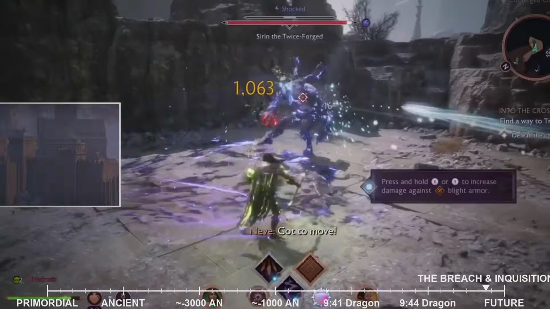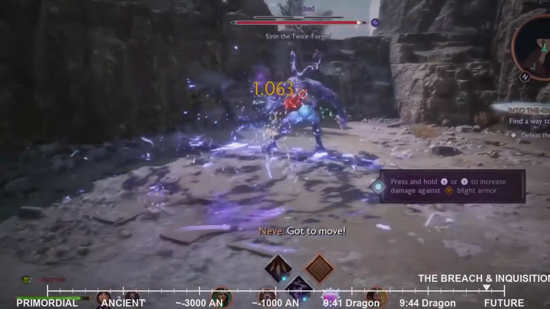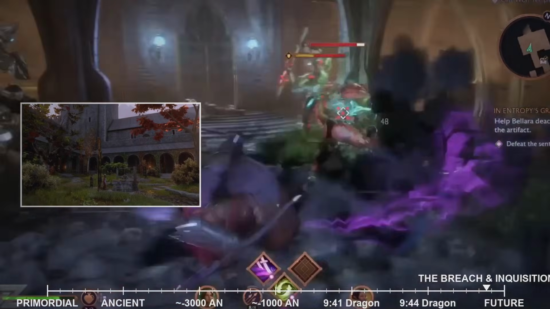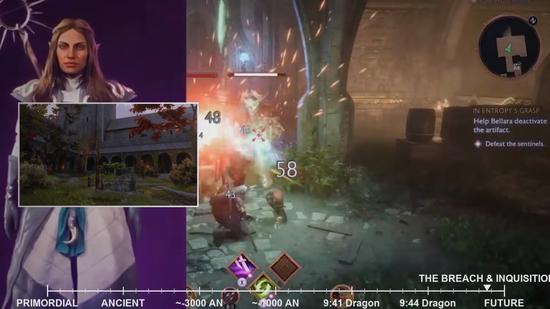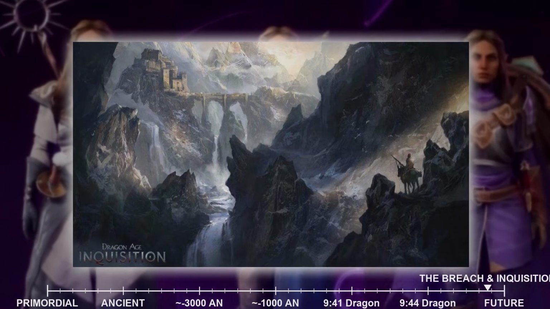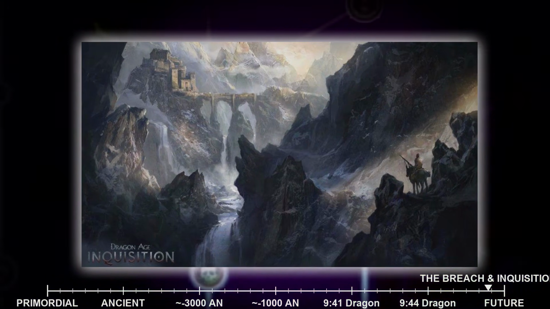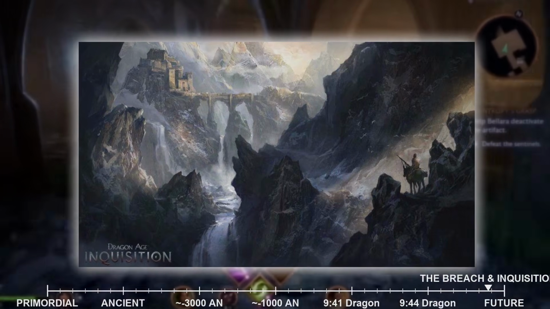This ancient seat of power, once a stronghold of the Tevinter Imperium and later a forgotten ruin, was meticulously restored and fortified, becoming the primary base of operations for the Inquisition. Skyhold, with its imposing walls, strategic location, and ample space for training and logistics, symbolized the growing power and ambition of the Inquisition, serving as a beacon of hope in a world shrouded in despair.